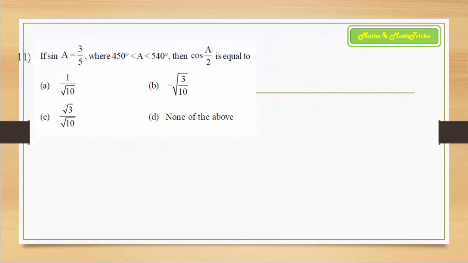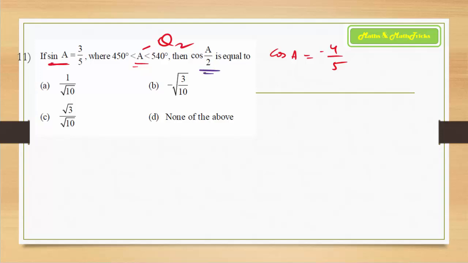Coming on to the next question, number 11. Sine A is given to you and the angle A is in the 450 degree to 540 degree range, which is the range of the second quadrant after the first rotation. When you go 360 plus 90, it will be 450, the first quadrant again, and then till 540 it will go to the second quadrant. So ultimately A is in the second quadrant, Q2. So sine A is 3 by 5 means cos A will be minus 4 by 5, because 3, 4, 5 is a Pythagorean triplet, isn't it so? Now why have I listed the value of cos A for you?